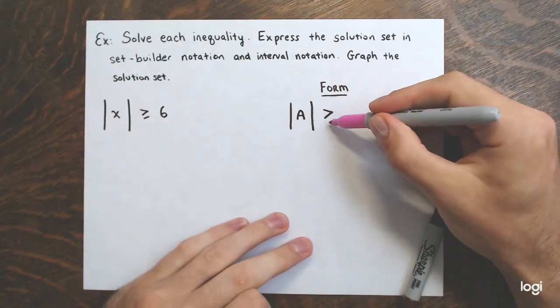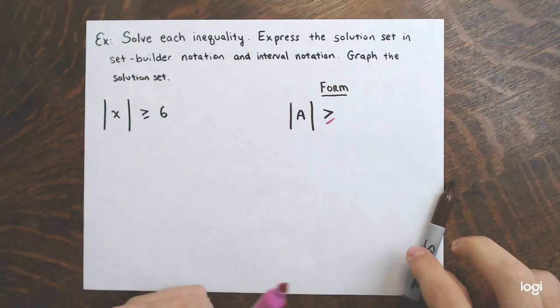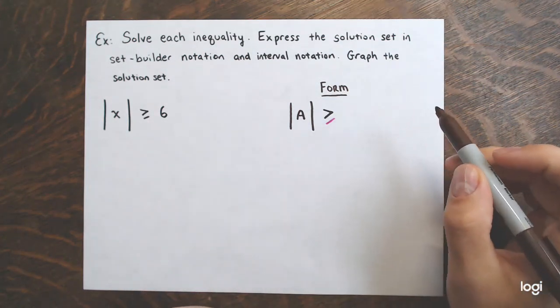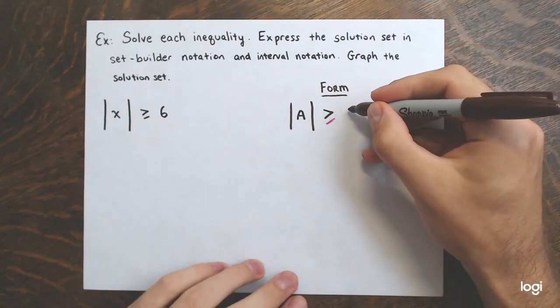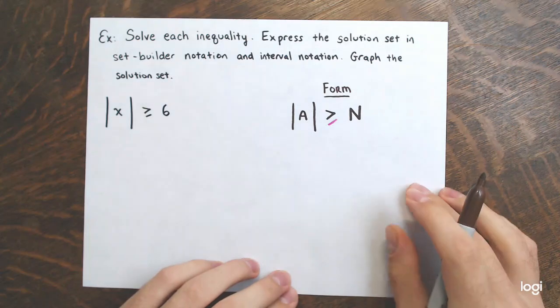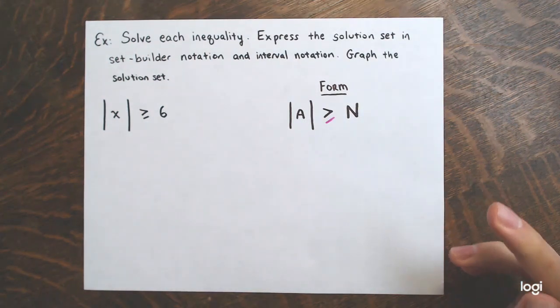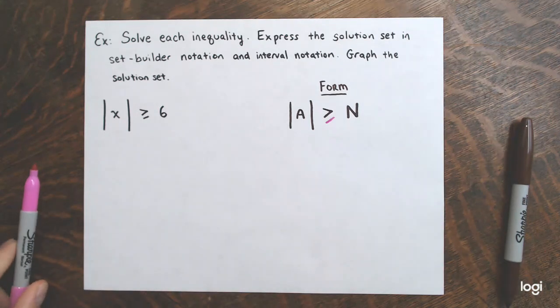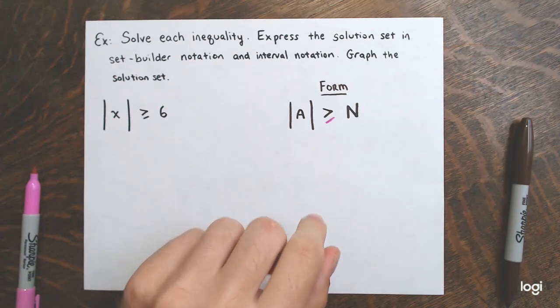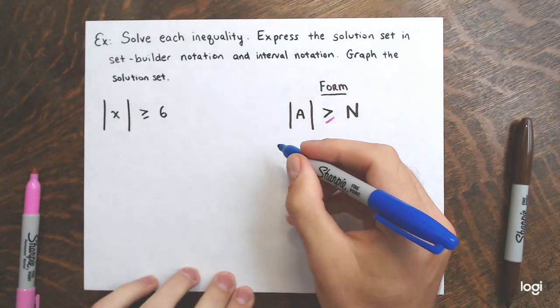So I'll put this in another color because sometimes the or equal to symbol will be there. And then on the other side, a real number n, right? I'll just put n for number. So I want to eventually get down to a form like this, so that'll be the first step in solving these. And so I'll come down here with the